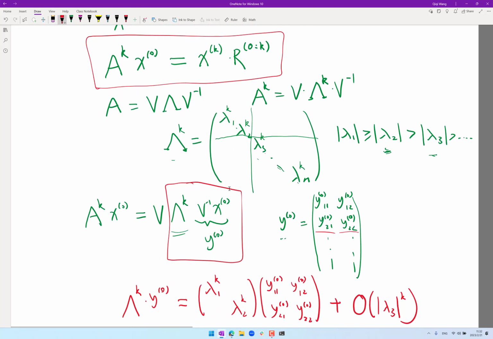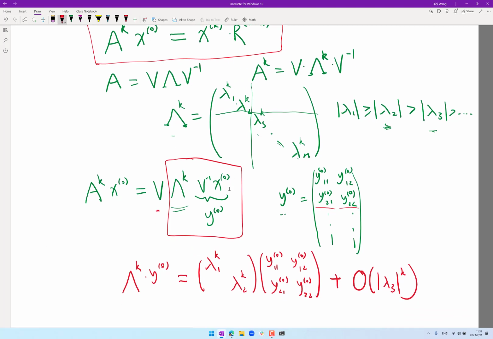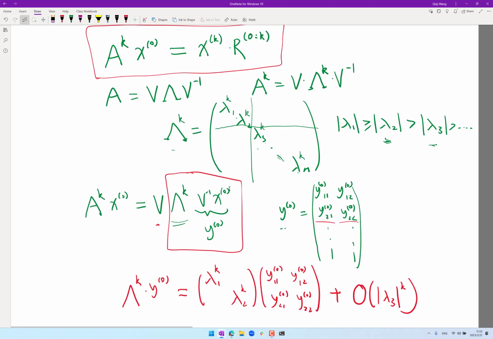Right, so if you look at the left-hand side, everything is now 2 by 2 matrices. Well, except for the V. Now, to get rid of the V, which is the only remaining